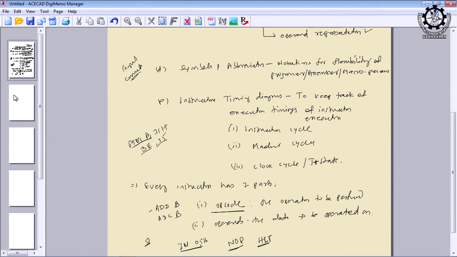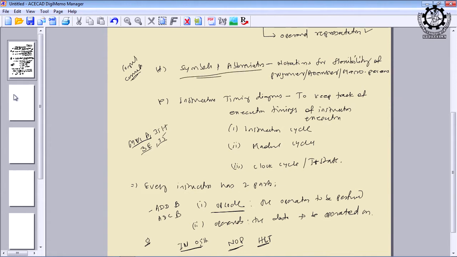No operation means it will not do any kind of operation, but still it will consume time, and the amount of time it is consuming is important for us, because that will work as a delay, and sometimes we need a delay, right. So, all these things we shall discuss under this instruction format.